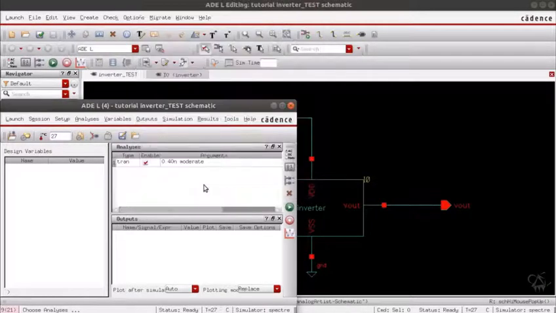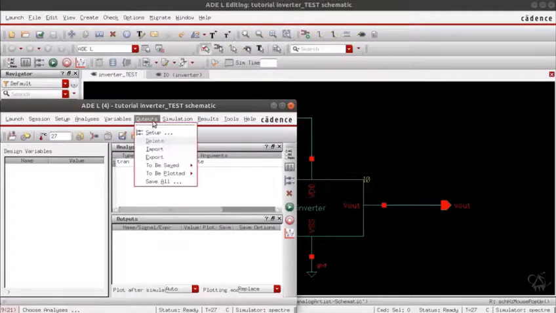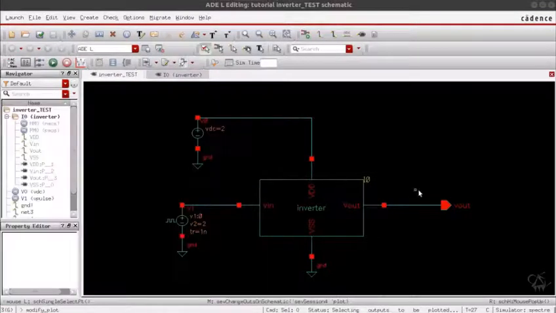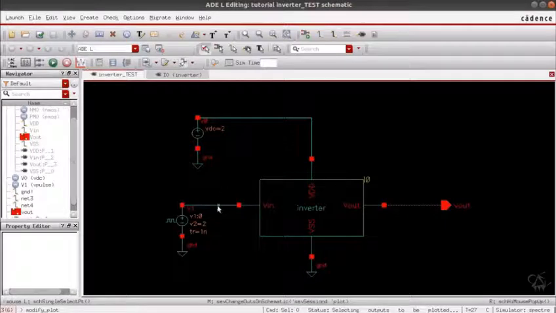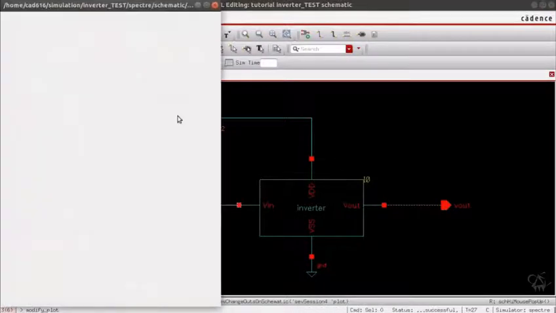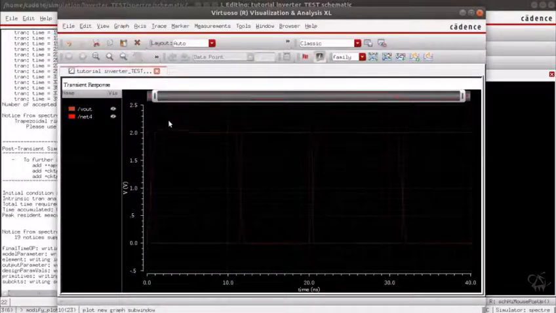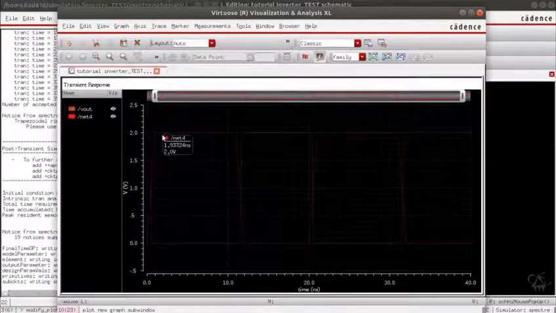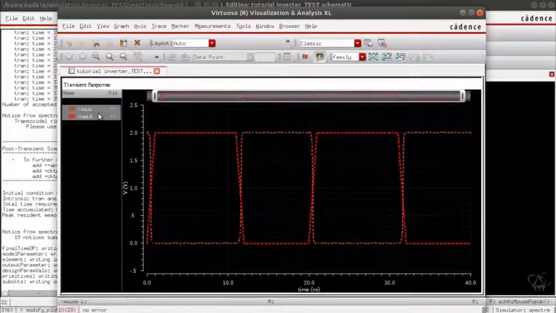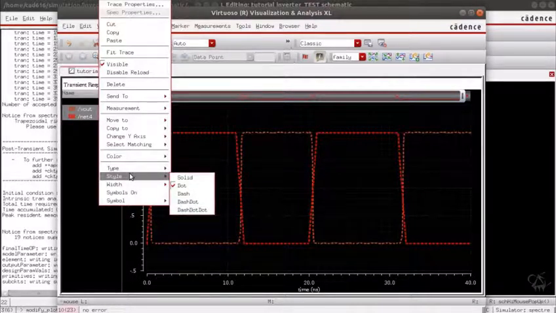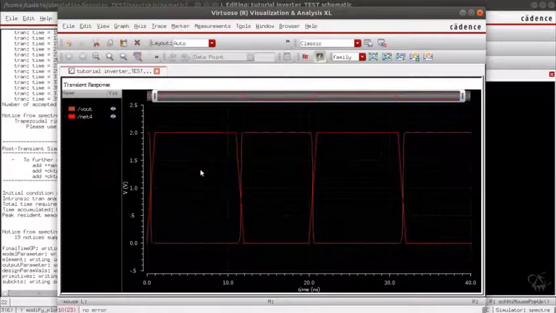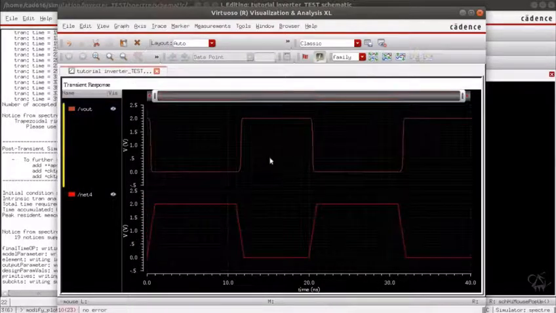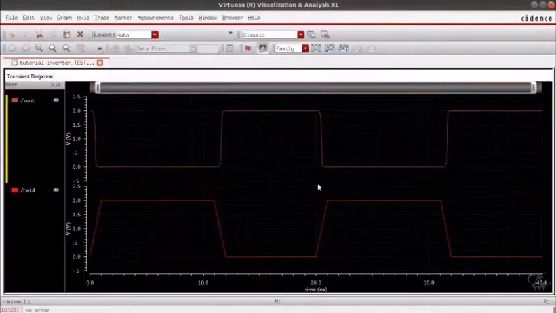And let us choose the outputs to be plotted on our schematic. Let us plot the inputs and output waveforms respectively, and let us run simulations. So your lines are dotted, so you can easily make it solid by going to style, making it solid. So let us split our waveforms here. The waveform on top is our output and the waveform on bottom are our inputs.